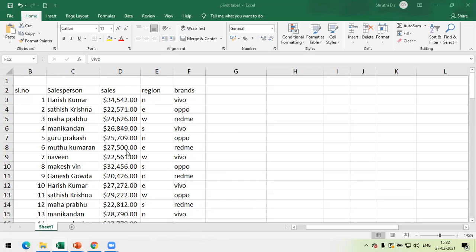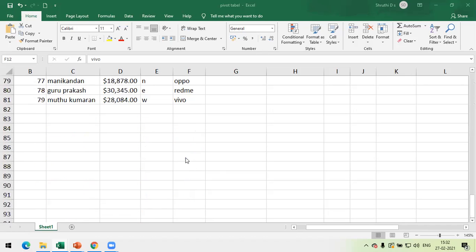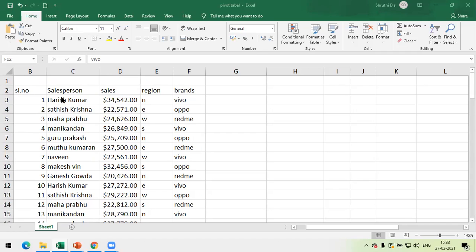The first thing is, when you consider a pivot table, it is effective only if you have a large database. That is why we have up to 79 to 80 details, with serial number, salesperson, sales, region, brands.